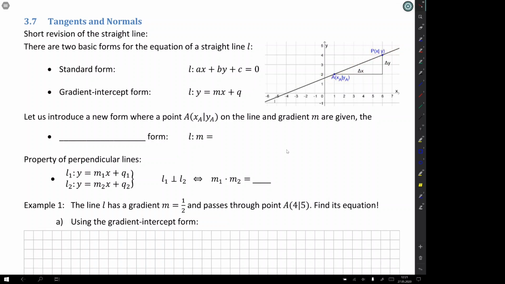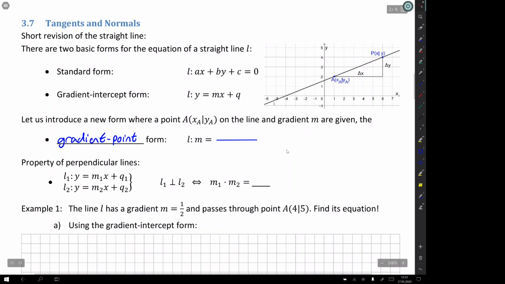Now let us introduce a new form where we are given a point on the line, this point A with coordinates xa and ya, and we're also given the gradient m of the line. We call this the gradient point form. Any point P on this line, as we said, given by this point and its gradient, has to fulfill the following: